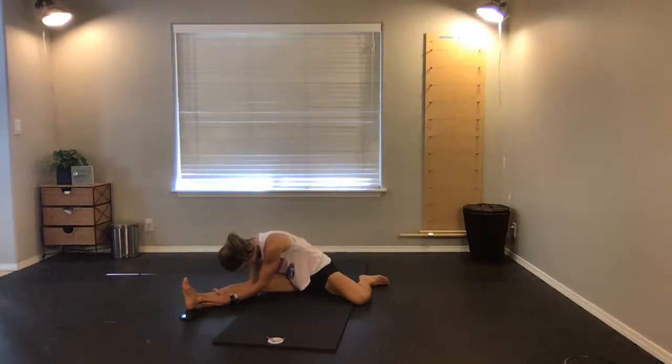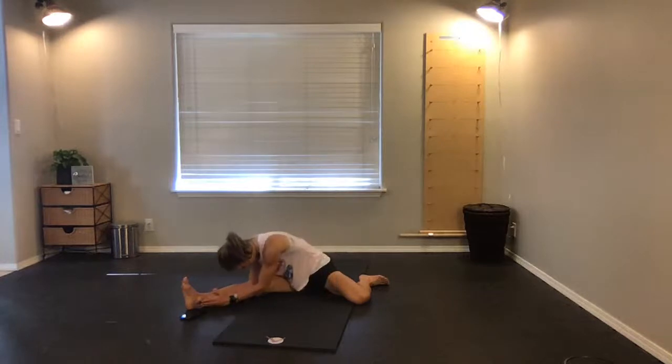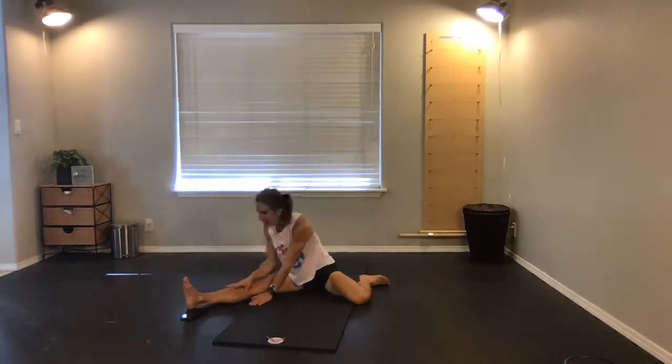With each exhale, try and let go of the tension in the thigh. Feel that right hip a little heavier weighted into the ground. Inhale. Exhale. One more time, big deep breath in. Exhale, come on up. Now you're going to take your right leg, bring it under, and then you get to